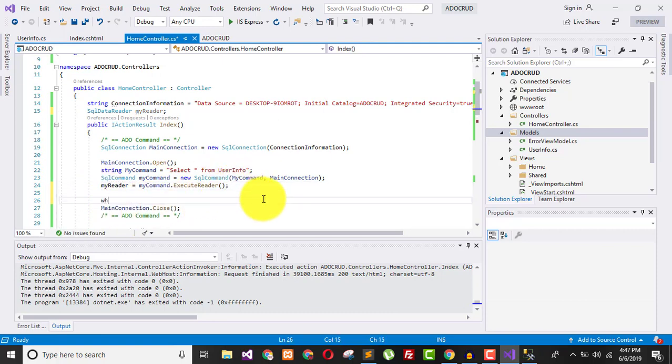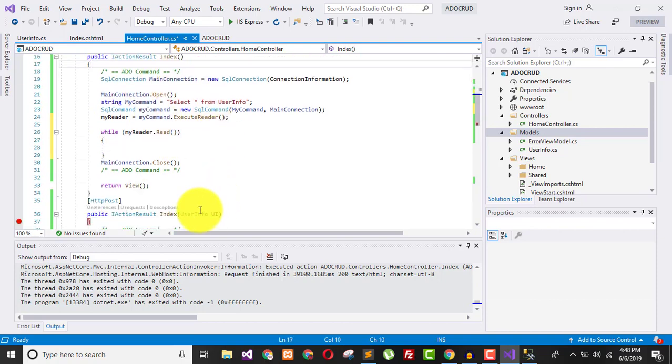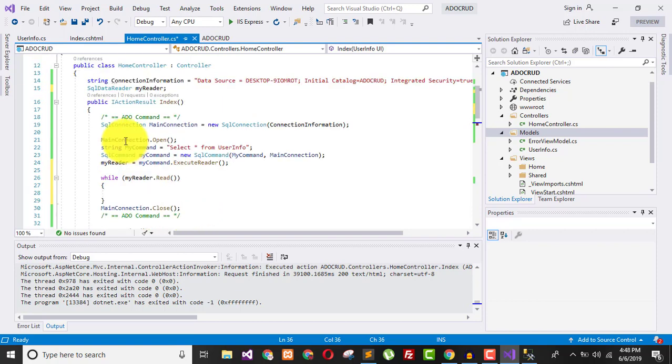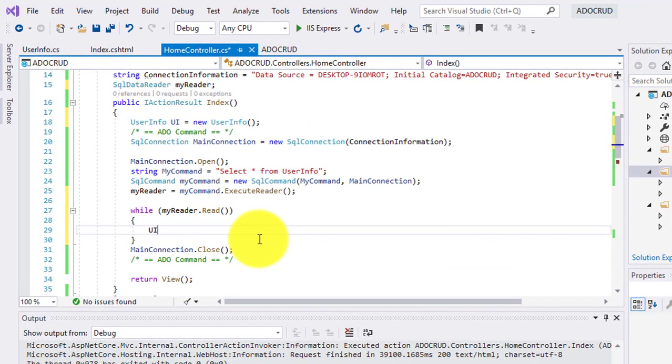And now let's create a while loop. While my reader reads information from the database, the loop will be continuously performing its action. So now what we can do, we can create a list, or we can simply create an object, because we have only one value. So I'm going to create an object here of this type. A single object is equal to new user info. User info dot username